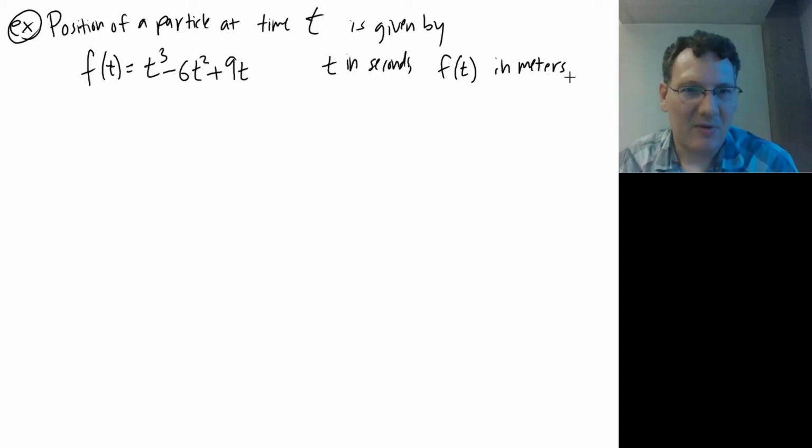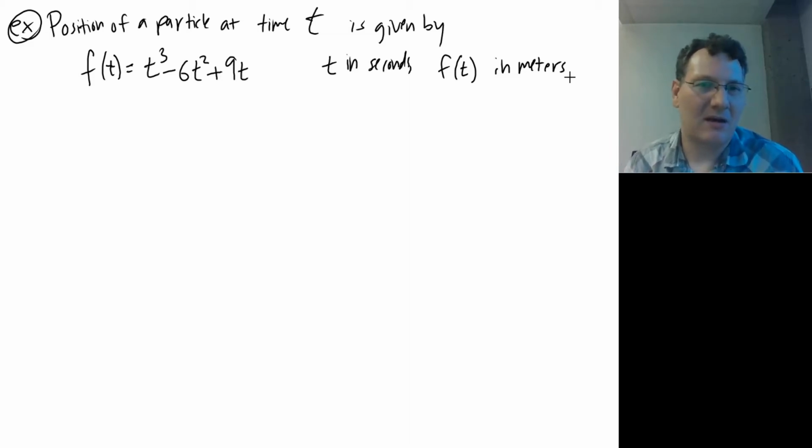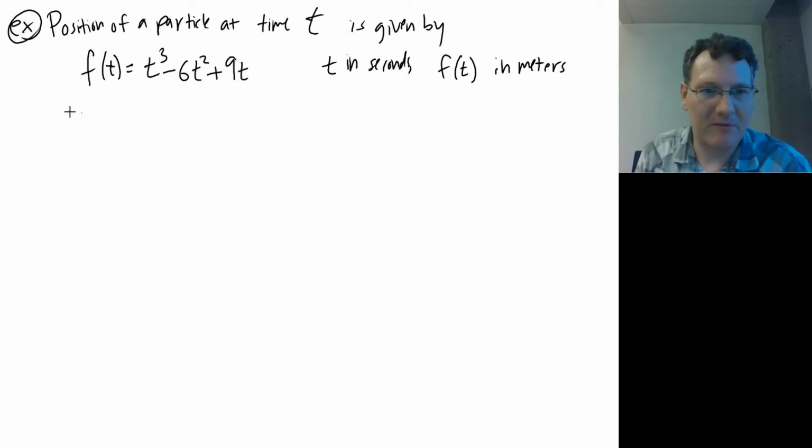Let's take a look at this example. Let's say a particle is moving around, and at any given time t, its position is given by f of t, t cubed minus 6t squared plus 9t. So we can say some things about its position and velocity. For example, the velocity